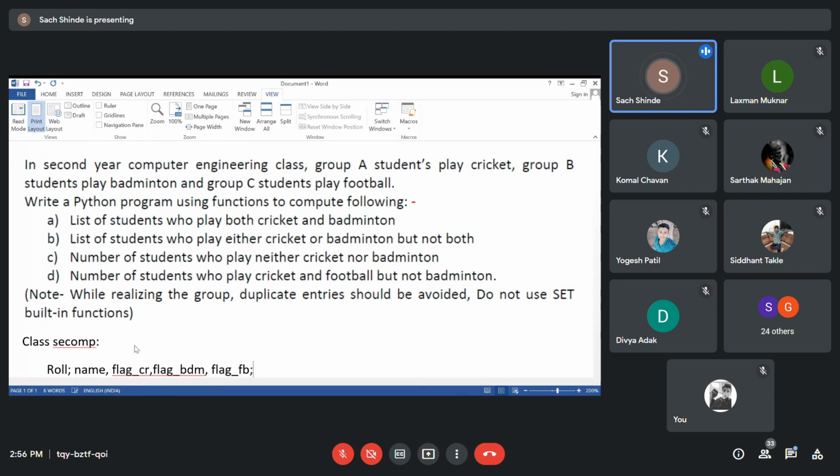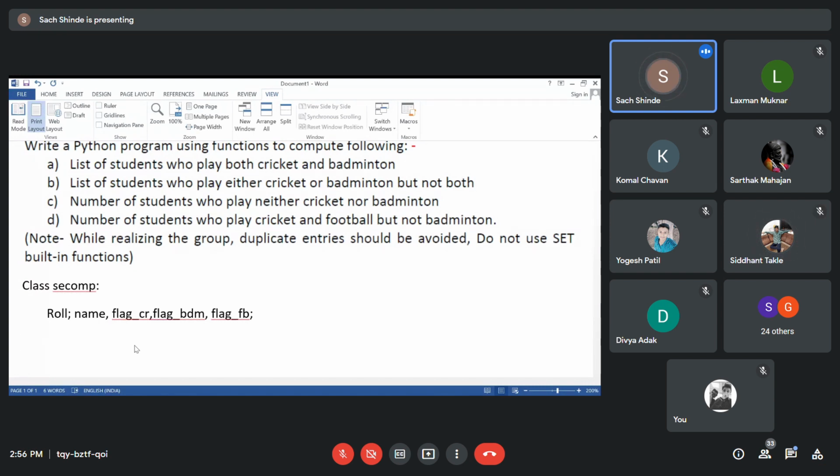So first, for understanding purposes, we know that the student should have a roll number, then a name and the flags. Now, instead of SE computer, we consider it a class Student, which will be better. And he belongs to some class. Since class is a keyword, instead of using the class keyword, I put class 1. Is everyone getting the data structure of the class of the student?